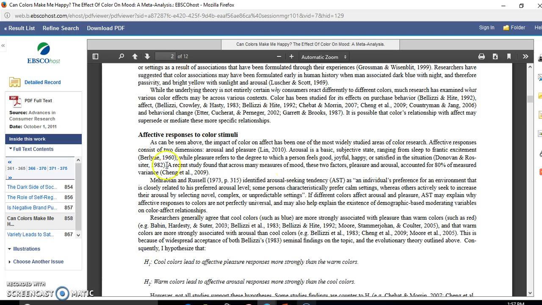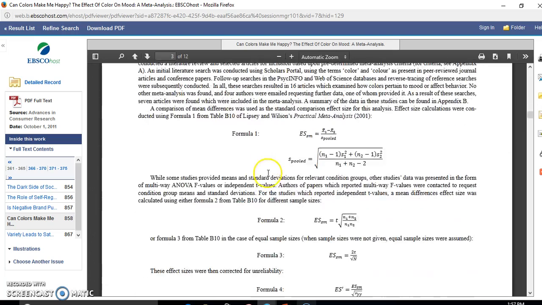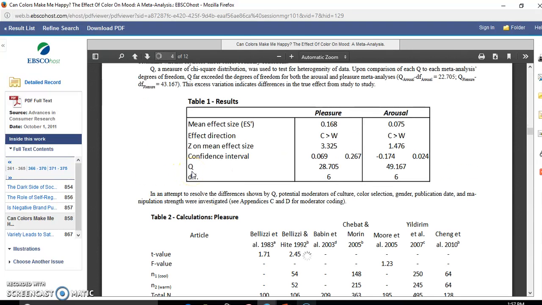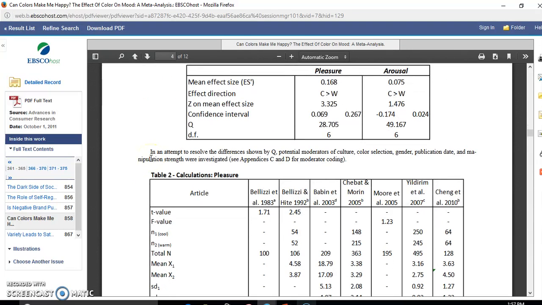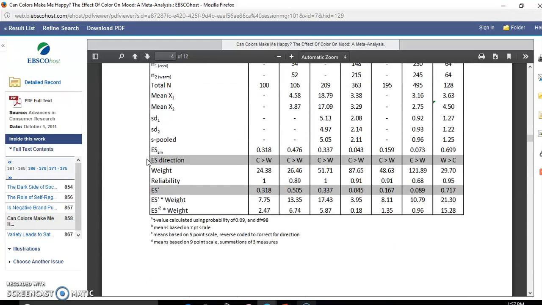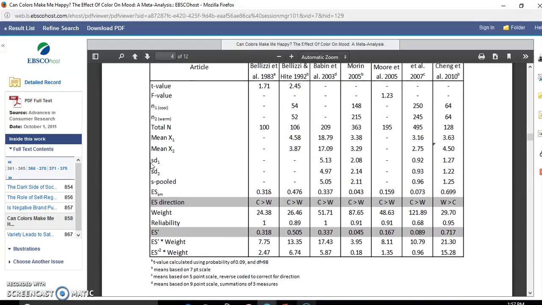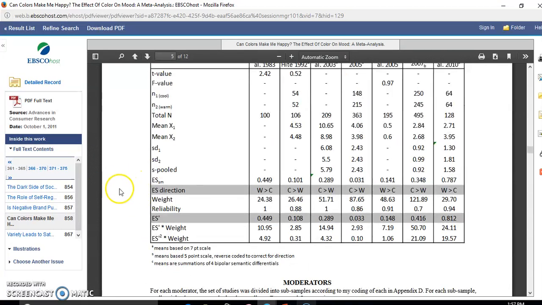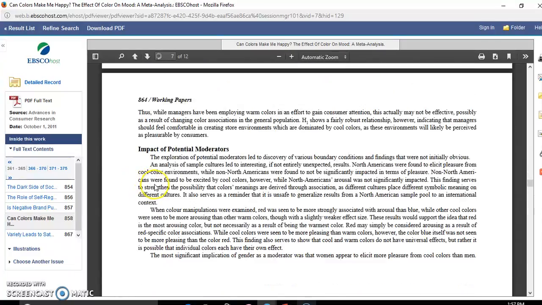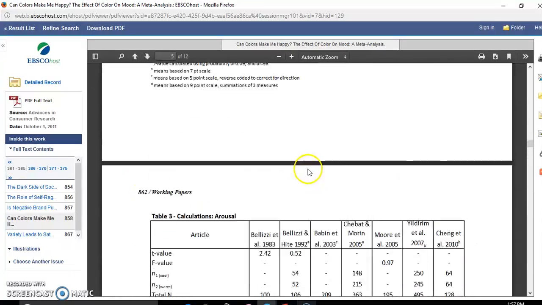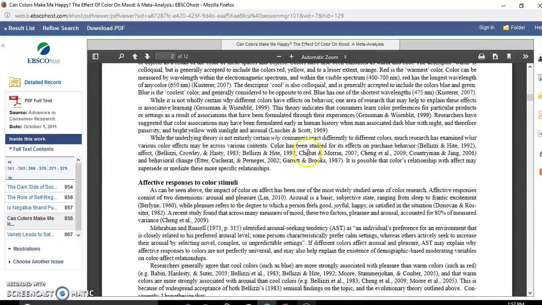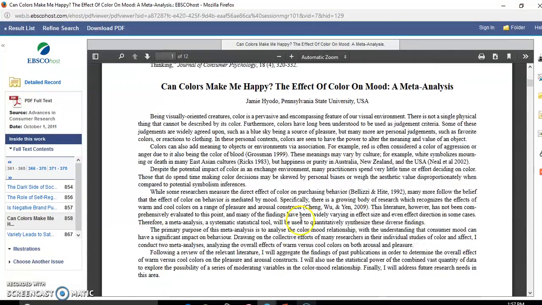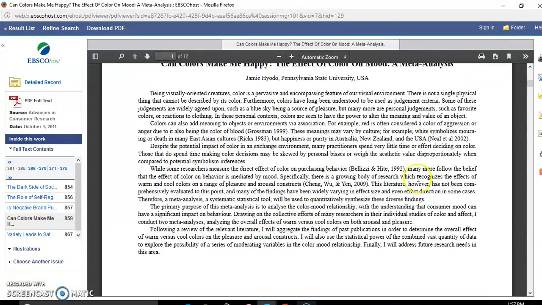So I'm going to look through the paper, seeing this, looking at the formulas that they used. It's pretty cool. We're looking at all this cool stuff. Let's see what they found. All right, this is looking good. Okay, so this is a good article. You're going to want this article if you are doing a paper on this. I'm not going to say why you're going to want it, but you're going to figure it out as you're reading about it, because this person took, let's see,